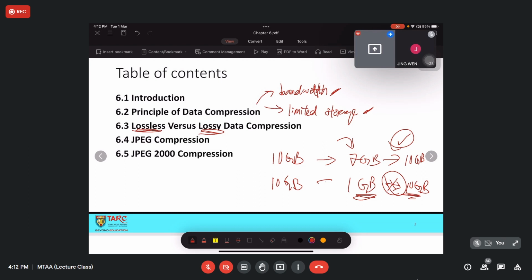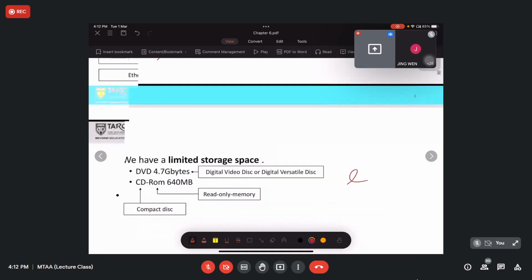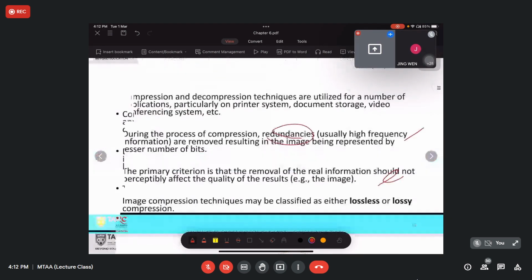And always remember, in JPEG compression, we are usually performing the data compression process in 8 times 8 or 16 times 16 blocks, either way. But most of the time, by default, we're using 8 times 8. We will also learn about JPEG compression and JPEG 2000 later on. So let us move into JPEG compression.